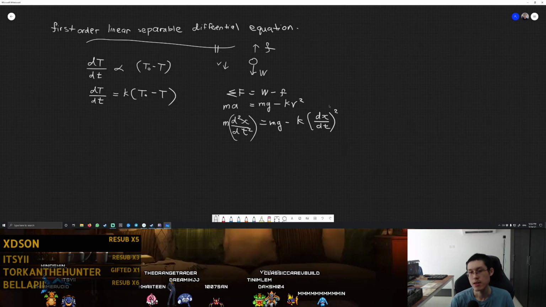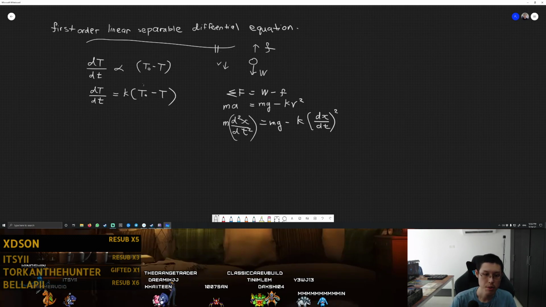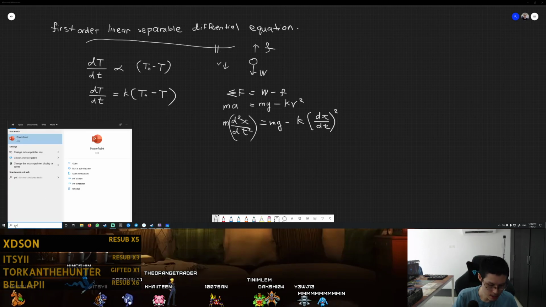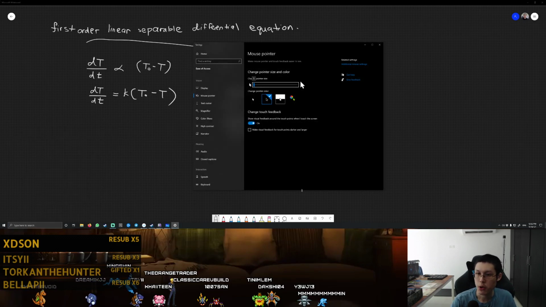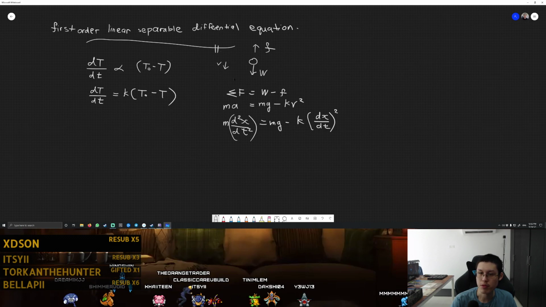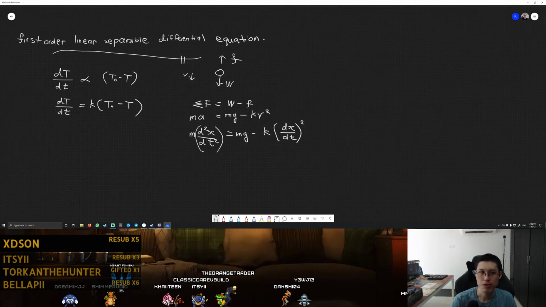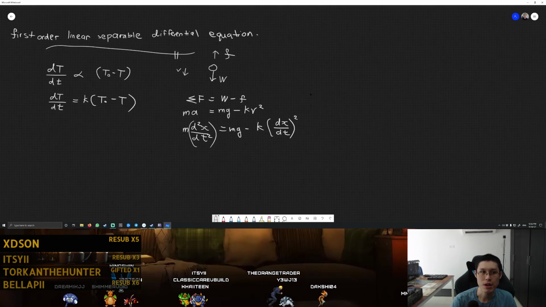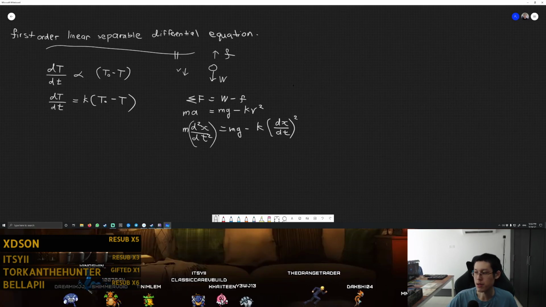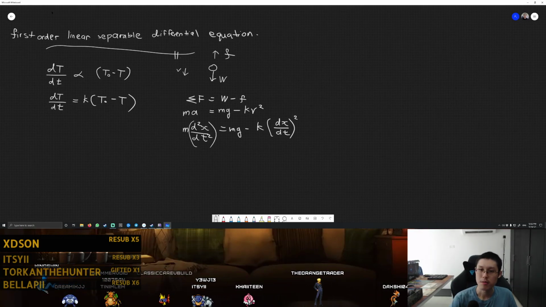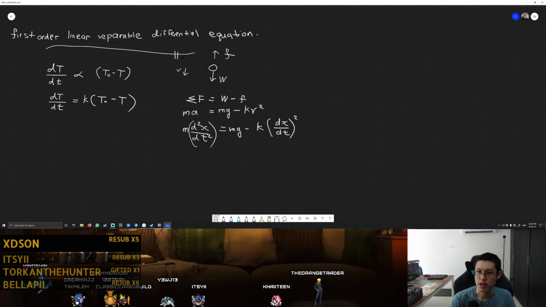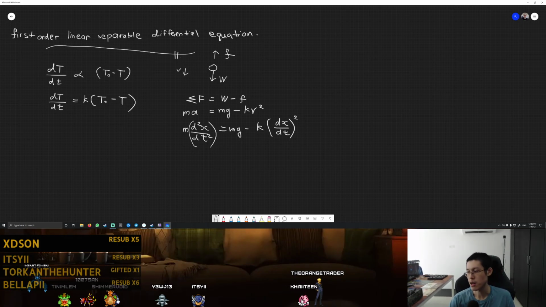Anyway, hang on, let me make my pointer a bit bigger so I can actually point at things. You guys can actually see my pointer, right, if I'm moving it around? I've been going with the assumption that you can, but maybe I've been mistaken. But you should be able to see my pointer moving around like this. Okay, anyway,